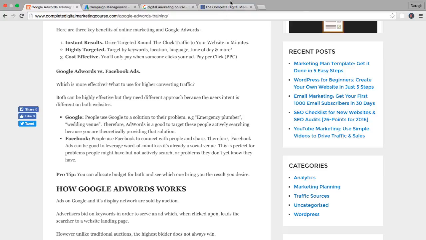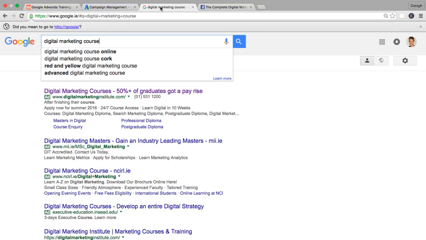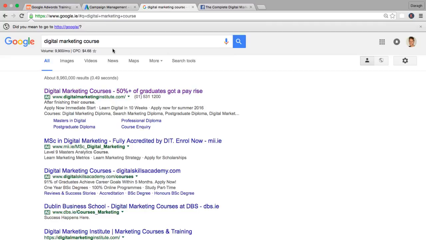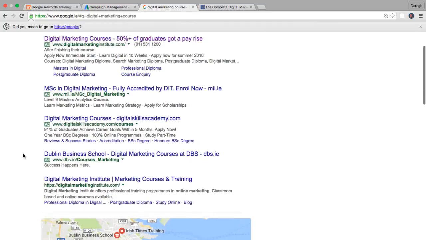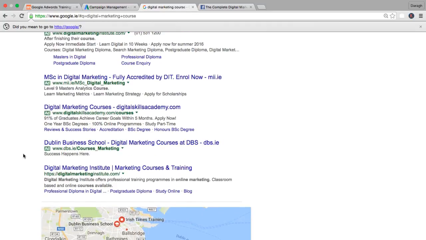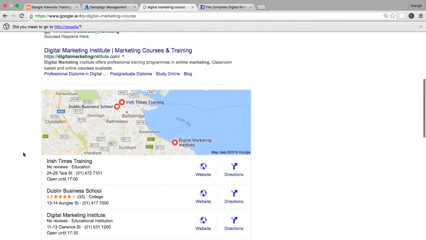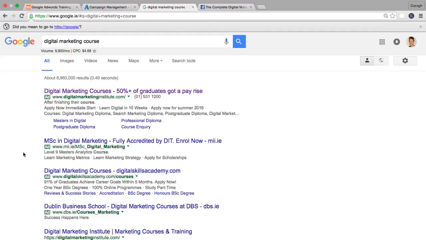theoretically providing that solution. So for example, I come into Google AdWords, I type in digital marketing course, and I'm actively searching for a digital marketing course. This is the reason I use Google AdWords, and here are all the potential solutions for me. This intent, we talked about it earlier in the SEO part of the course. People really come in to find solutions, so you can present your solution right at the top here by using